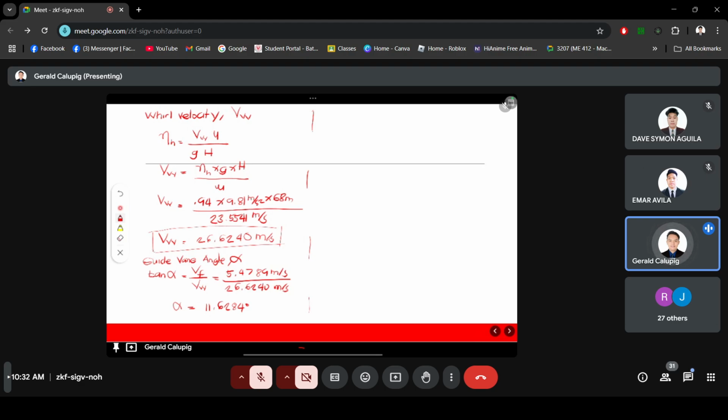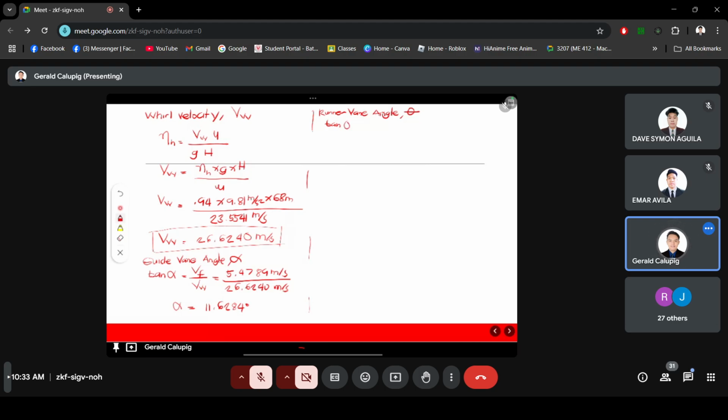Next, we can also have our runner vane angle, which is angle theta. Angle theta natin is